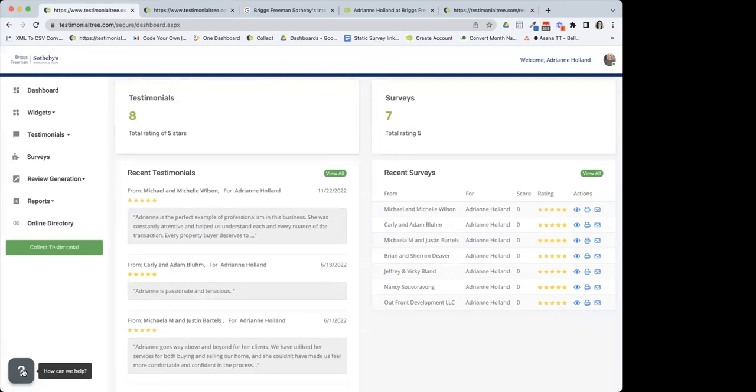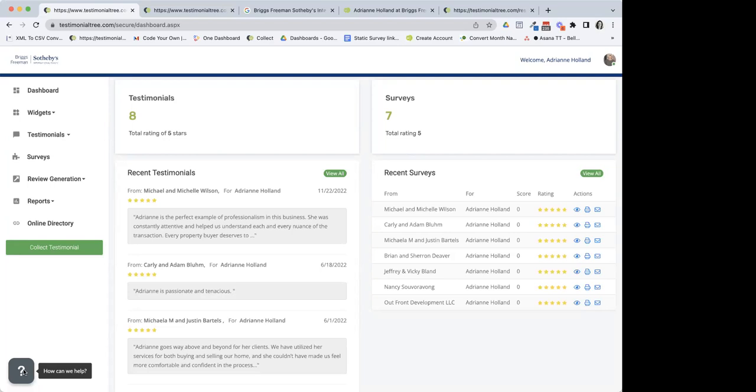Jessica, I'm sorry to interrupt. This is Sherry Sprecher. I just wanted to piggyback on what Lauren was saying. How this works is that once an agent has closed a deal, and forgive me if I'm jumping ahead here, but I thought the big picture would help clarify things, our back-end system talks to Testimonial Tree, and on your behalf, unless you set your dashboard differently, we send out a customer survey